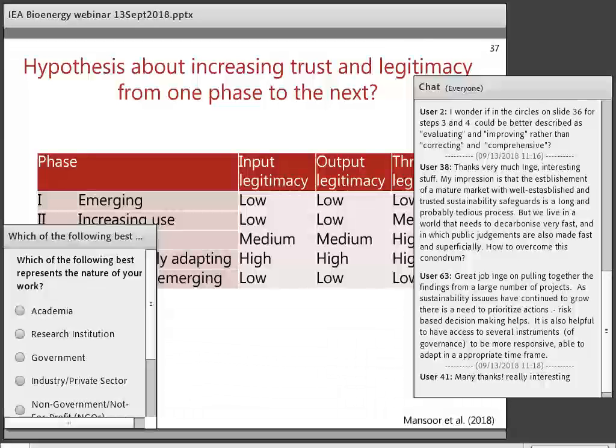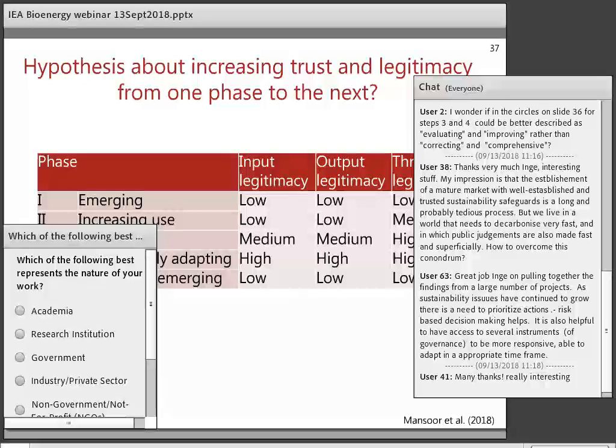The perceived cost? In some way, it kind of relates to throughput legitimacy, as I see the question being worded here. Cost and benefits. Yeah. Maybe also output legitimacy. Yeah. So I can just give you my impressions, which are that